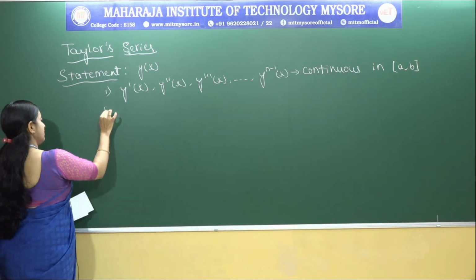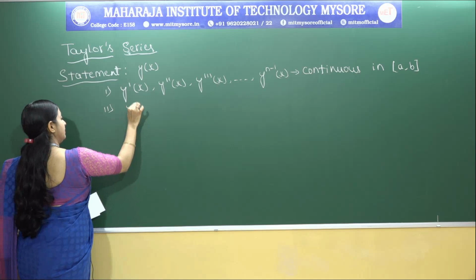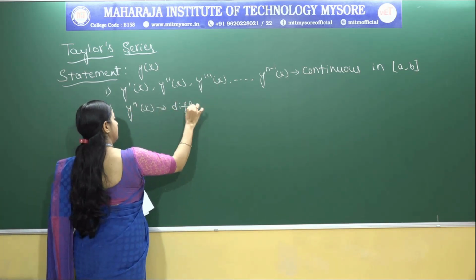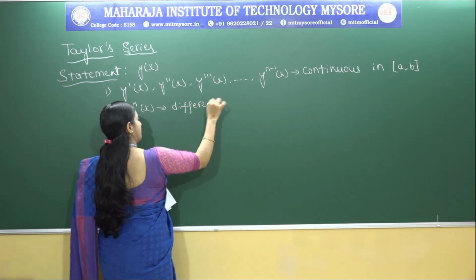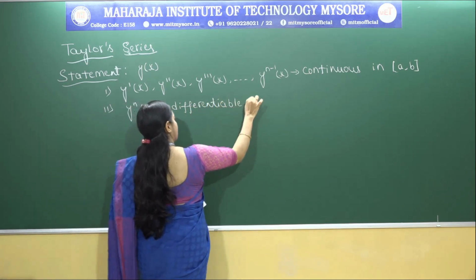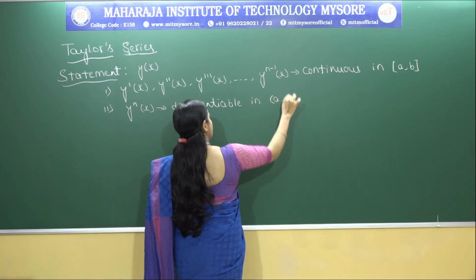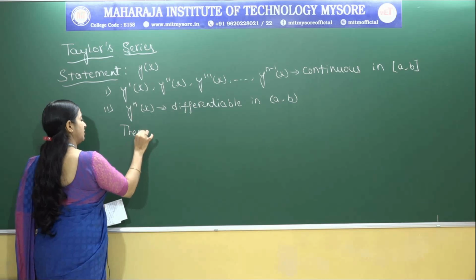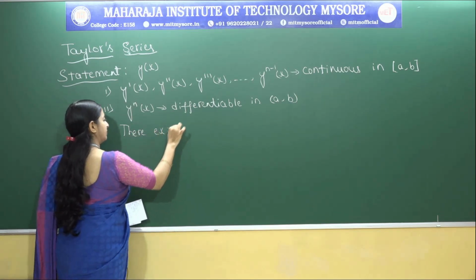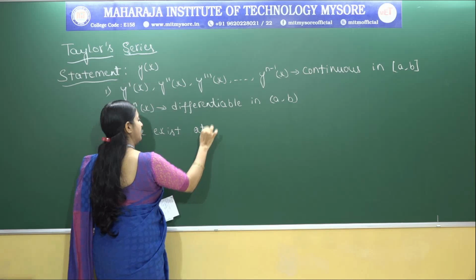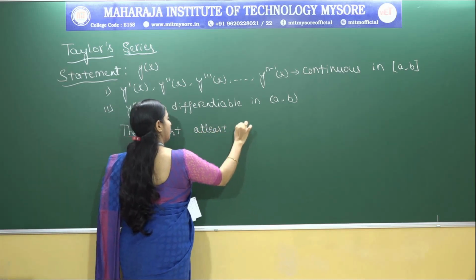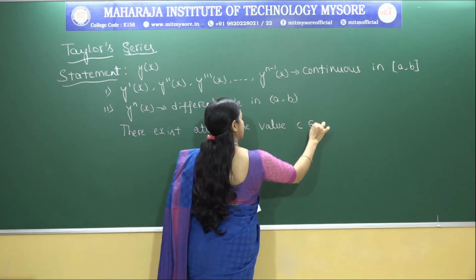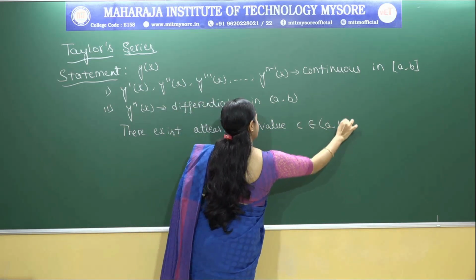The second condition: the nth derivative of y of x is differentiable in the open interval AB. Then there exists at least one value C belonging to the open interval AB such that